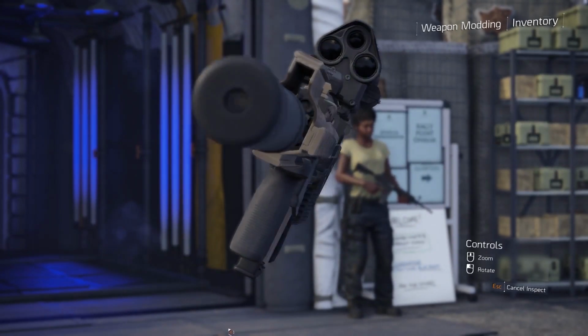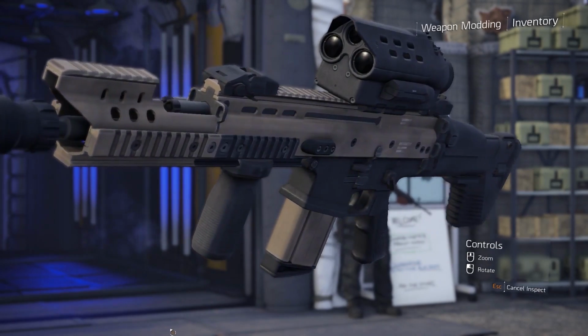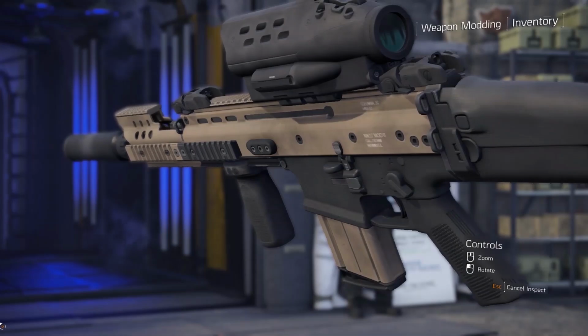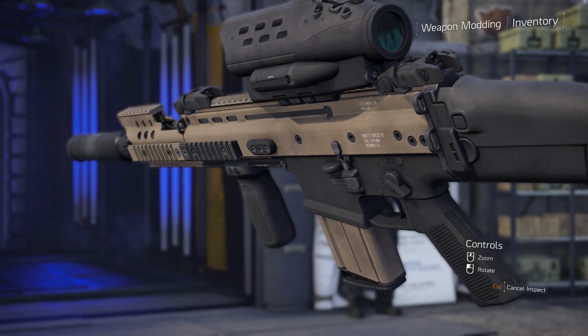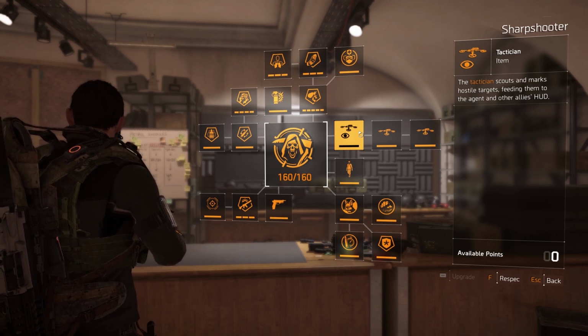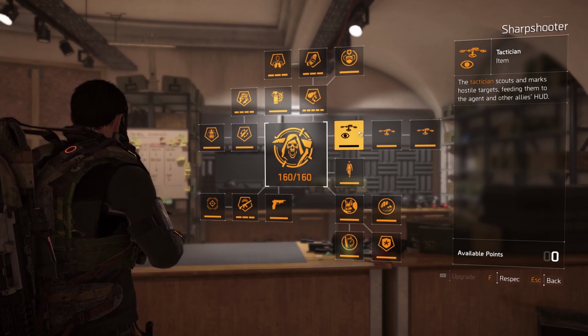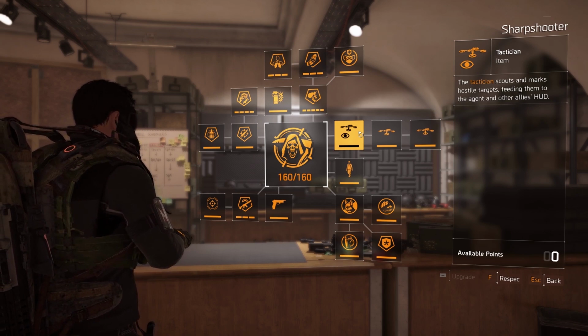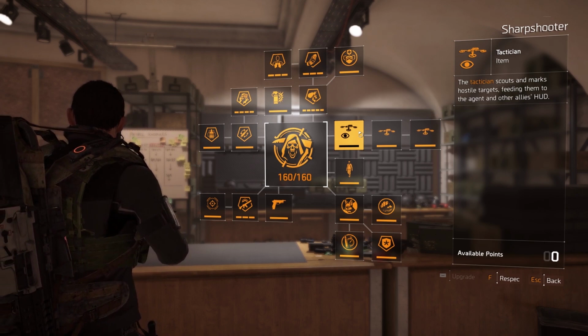The scope feels good, and if you're using a serious sniper build, that 45% extra headshot damage is hard to turn down compared to the other scope mods. The next category to go over are the skill modifiers, and I think this is the weakest part of the Sharpshooter specialization. The first perk you'll unlock is the Tactician Drone, which is a drone that you can send out